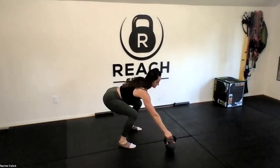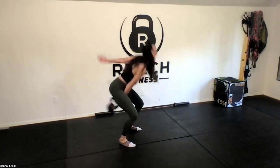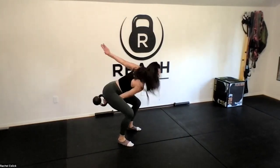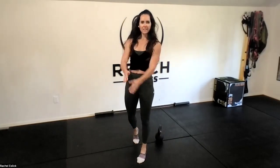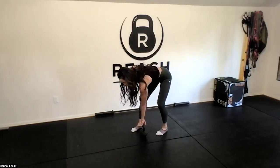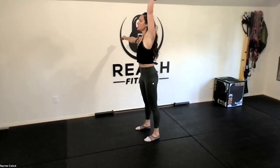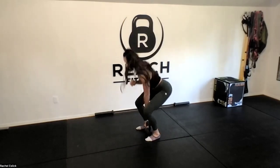Okay, so for my single arm swing, packing that shoulder, packing that lat. Free hand is ready to rip it. I would park it, shake it out, and then switch sides. And last but not least, the dead snatch. I'll demo a couple of those, and then we'll call it a day. We would do 5 on each side of those. For our advanced workout, 3 to 5 sets of all of the above,